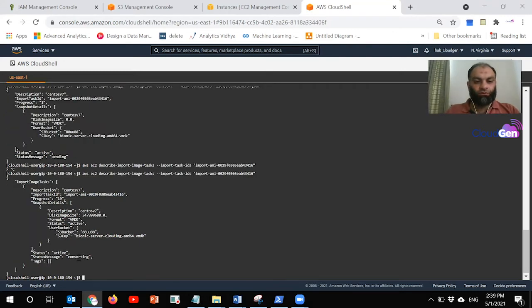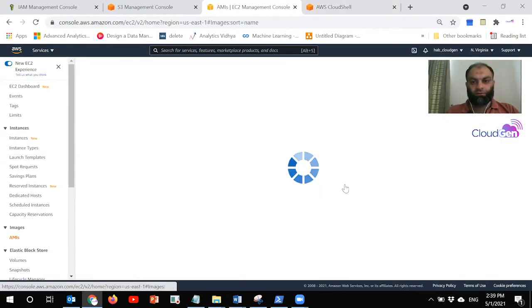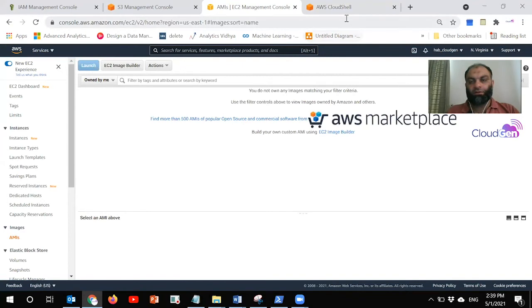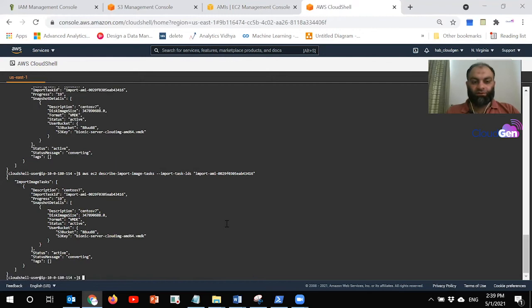You see it is now showing converting. Until it is completed, we will go and check our images. Right now there is nothing in the images, but once it is completed, it will show us as an image. It will take some time, maybe 5 to 10 minutes, sometimes 15 to 20 minutes, it depends. You can keep checking this command, and when it is completed, then we can proceed.